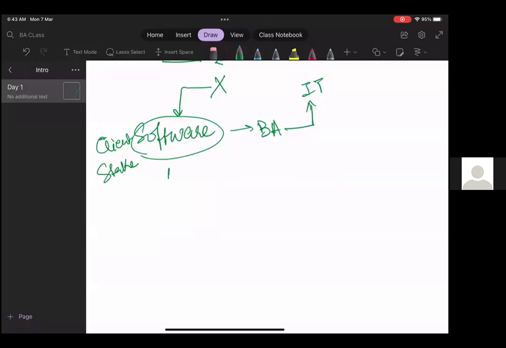Whenever a client comes up to you with a problem or any demand, the first would be: do they have problem solving abilities?